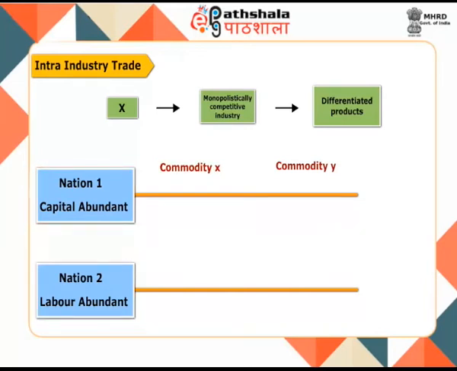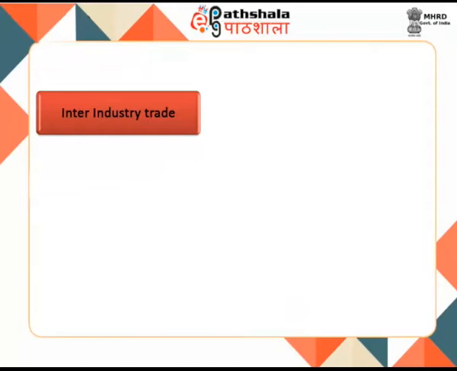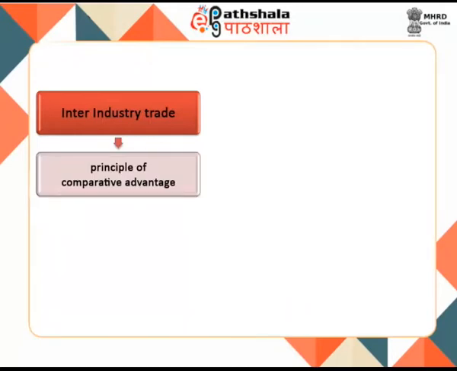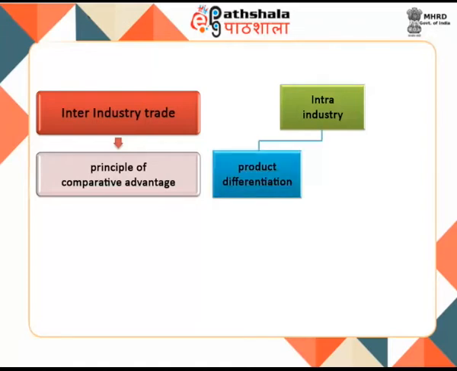The consumers in nation 1 may prefer the varieties produced in nation 2, so nation 1, even if running a trade surplus in commodity X, will import as well as export within the X industry. The pattern of trade will be as shown in the figure. So the world trade in a monopolistic competition model consists of two parts. There will be two-way trade within commodity X. The inter-industry trade is explained by the principle of comparative advantage, whereas intra-industry trade is explained by product differentiation and